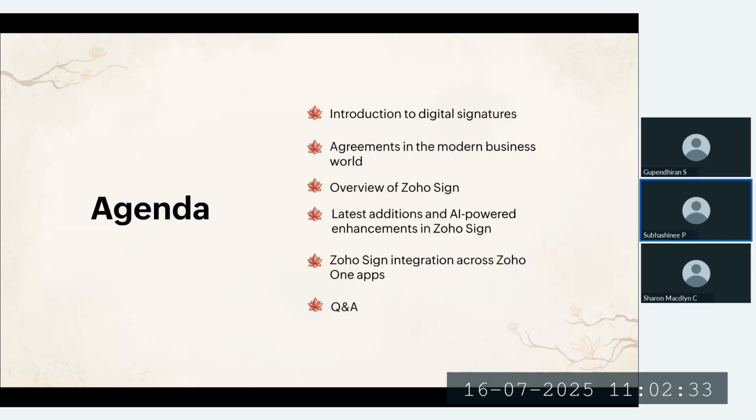Here's a quick overview of what we have planned for today. We will begin by discussing why digital signatures have become a must have in today's fast moving business world. Then, I will give a brief introduction to Zoho Sign and walk you through the basics: how to create an account, set up your profile, sign documents, send them out for signatures, and track their progress. After that, we will dive into some of Zoho Sign's more advanced features, including the latest AI powered updates. I will also show you how Zoho Sign integrates seamlessly with other Zoho One applications to help you streamline your